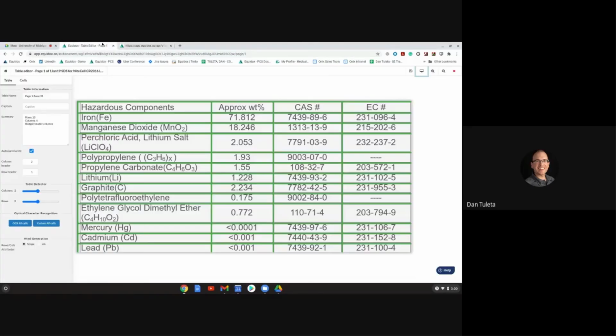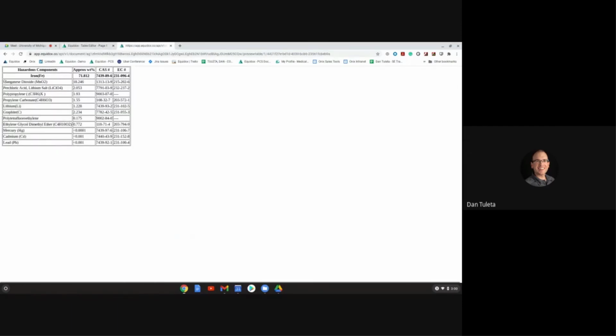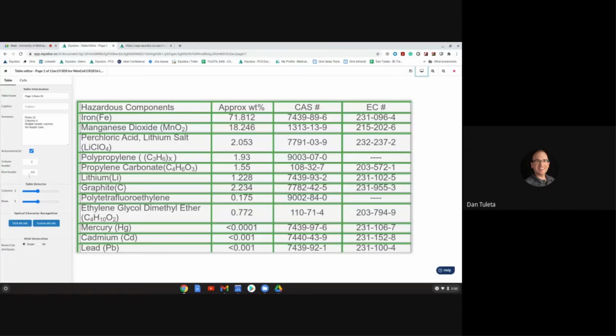If I don't want to have any row headers, I can make that 0. So now I'll have 2 column headers and no row headers. So I don't have any of the bold font on that row anymore. So depending on the table and the headers that you have within that table, you can adjust those numbers here. The default is just a 1-to-1 ratio, but if you have something that deviates from a 1-to-1 header ratio, you can change that. Another thing is that the table summary will auto-populate for you if you set this up in